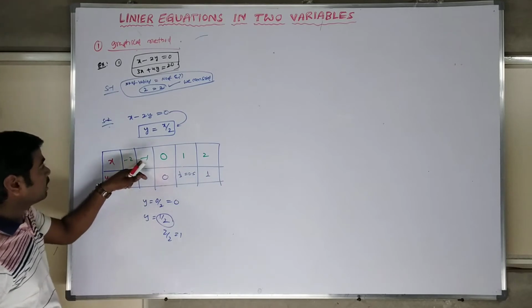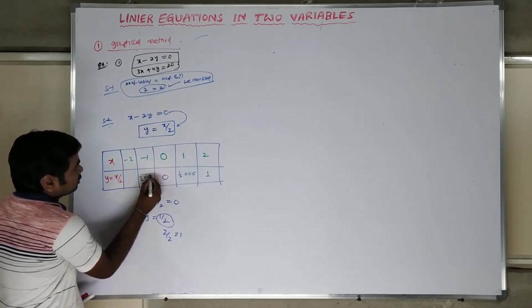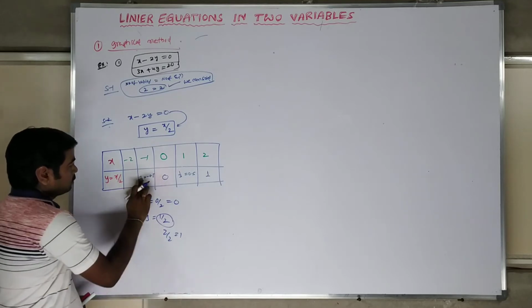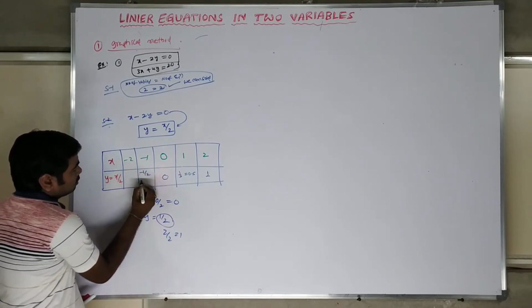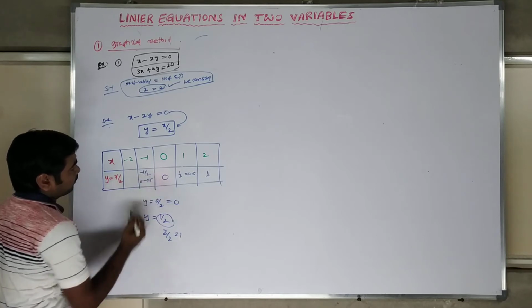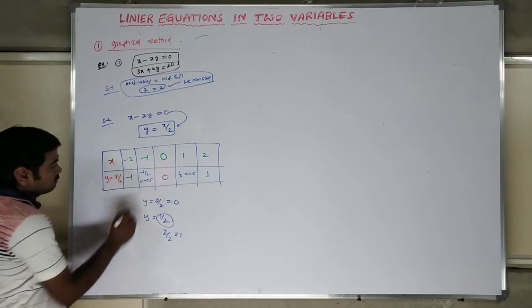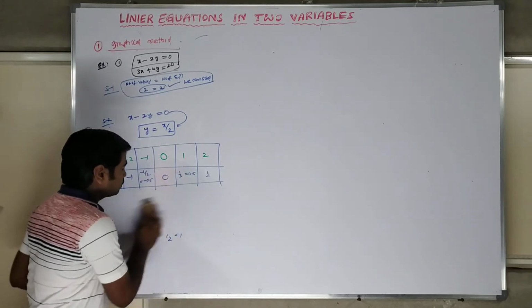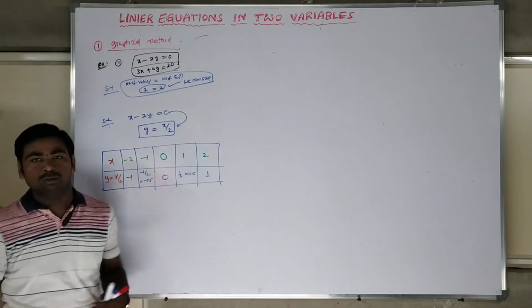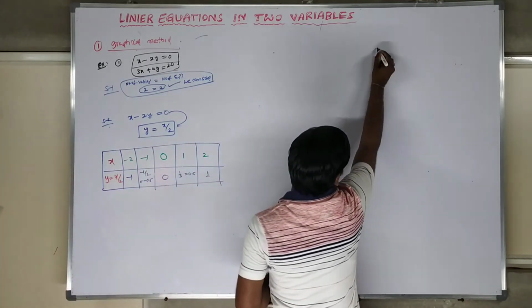Next, x is equal to minus 1, nothing but minus 1 by 2, nothing but minus 0.5. Next, x is equal to minus 2, which means minus 2 by 2 will become minus 1. Like this we got our values. After getting the values, please go and substitute them in your box. So please let us go for a graph.